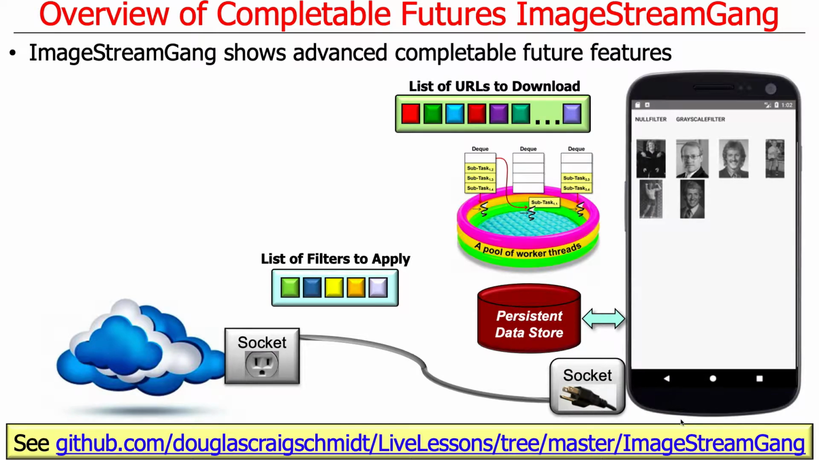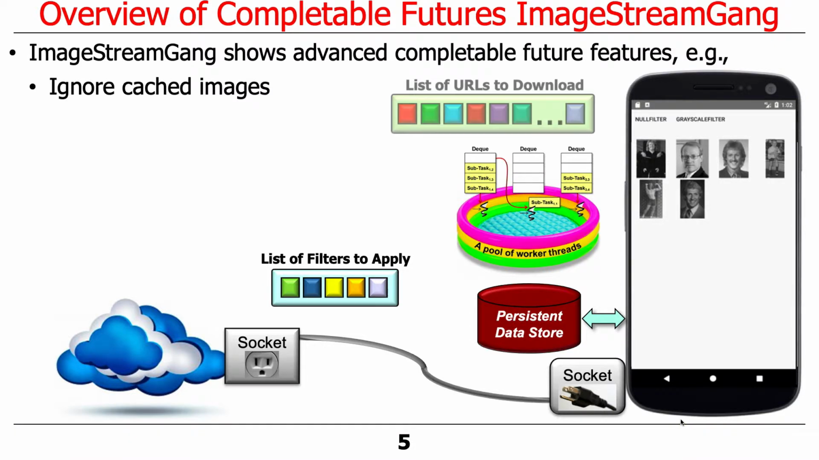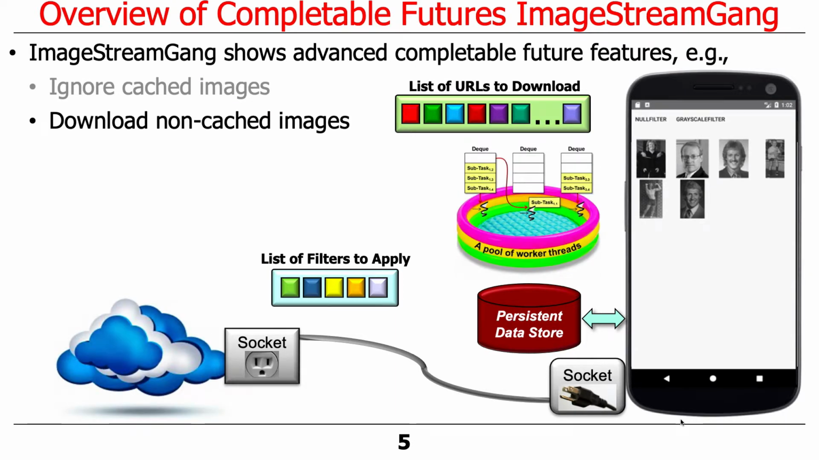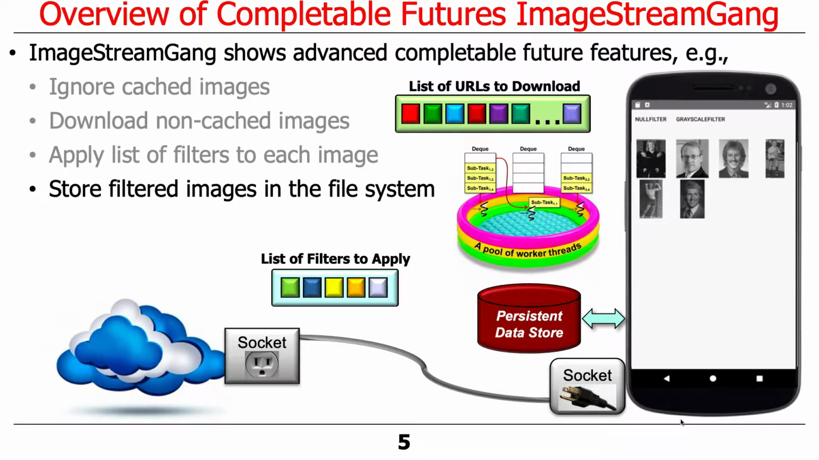As we'll see here, there's a bunch of interesting completable future features we're going to talk about. The way that this is going to work will be that we'll ignore the cached images, which we've done before. We'll download the non-cached images, of course, using asynchronous processing in completable futures. We'll apply a list of filters to transform each image, again, asynchronously using completable futures. We'll store the filtered images in the file system asynchronously using completable futures, and then ultimately the images will be